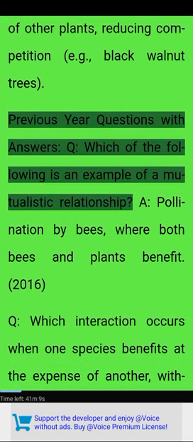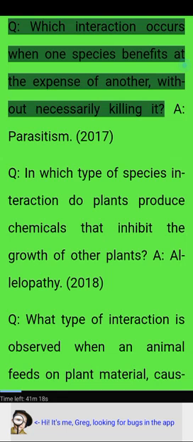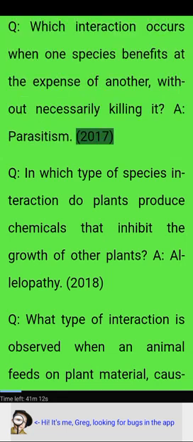Previous year questions with answers. Q. Which of the following is an example of a mutualistic relationship? A. Pollination by bees, where both bees and plants benefit. 2016. Q. Which interaction occurs when one species benefits at the expense of another without necessarily killing it? A. Parasitism. 2017. Q. In which